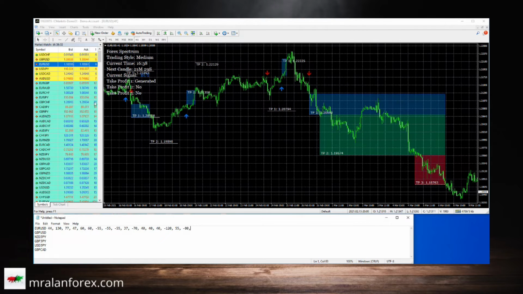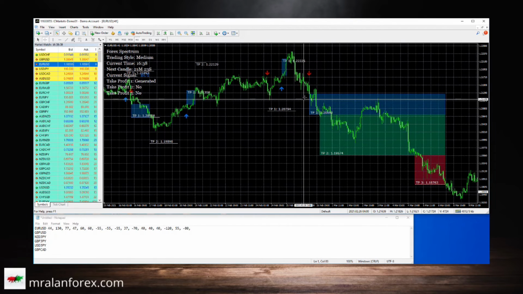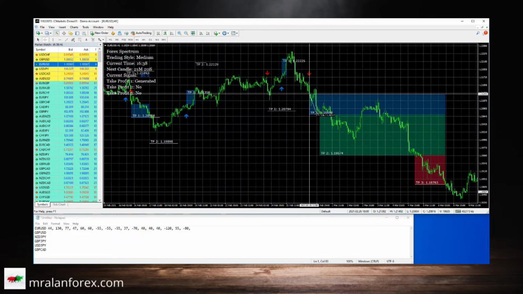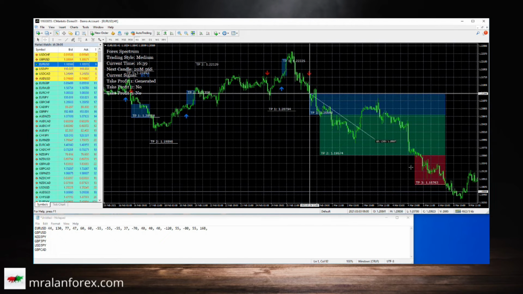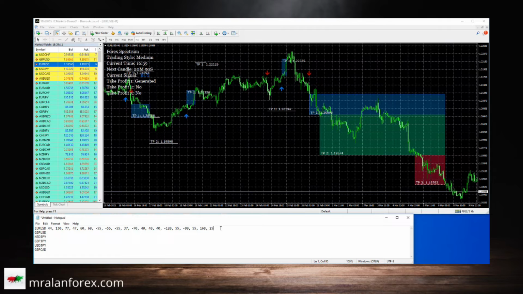And now this one looks like a beautiful move. So as you can tell, this works best when there is a good move. So the first take profit is 55, second is 168, and the last one is a beautiful 250. Good move, very nice. Okay, so that brings us into March,